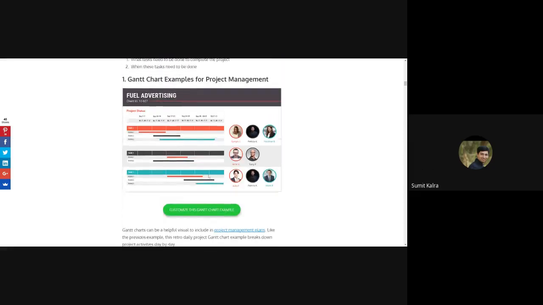So you can have, see this task. Within this task, there are sub activities. Each activity belongs to a particular user for that task 1. So it depends how you are spanning your task.